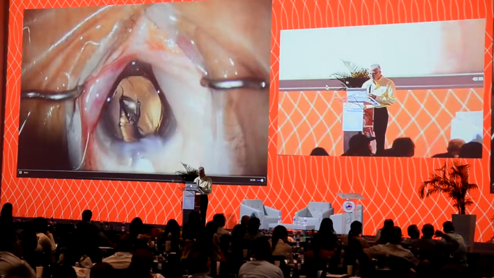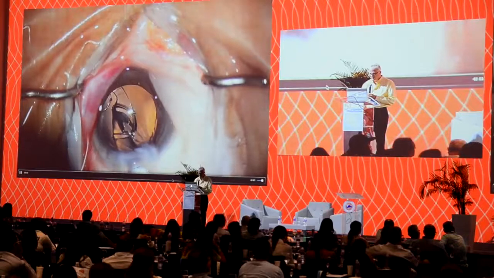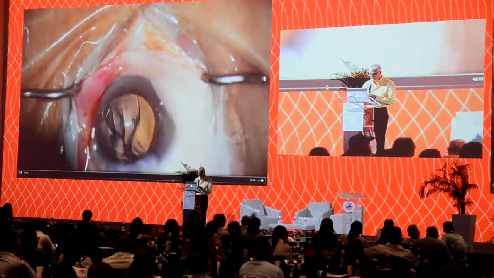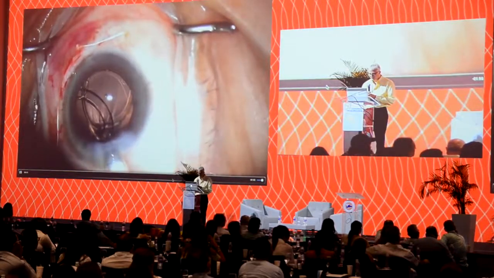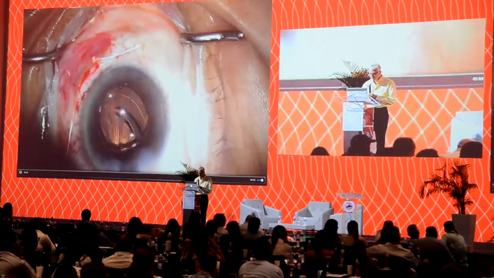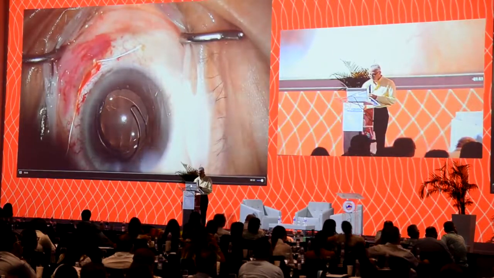We're injecting it very slowly because it's a very thick lens, and I don't want it to come out too abruptly in this fairly fragile capsule. It still comes out somewhat abruptly. It's a big lens. And then it really goes in the same way as any other